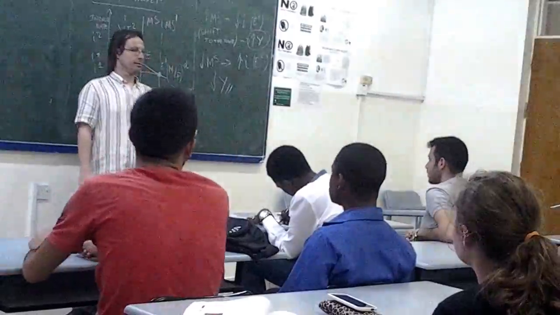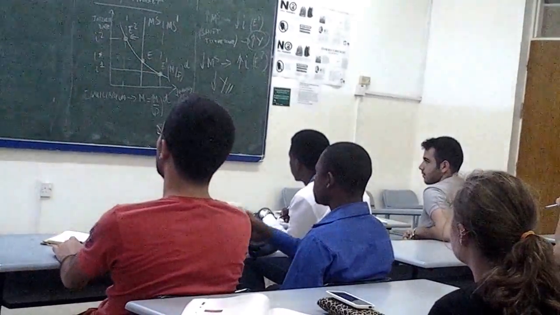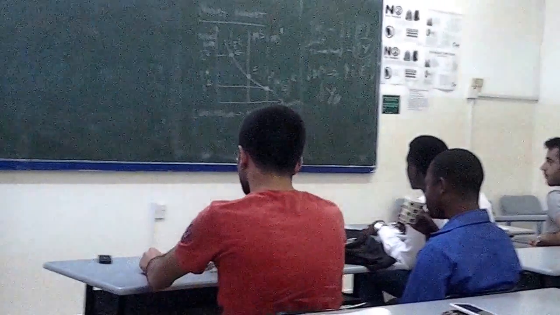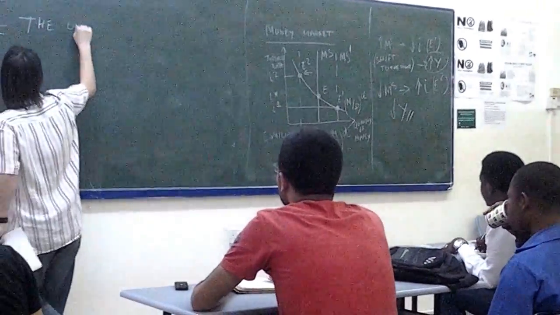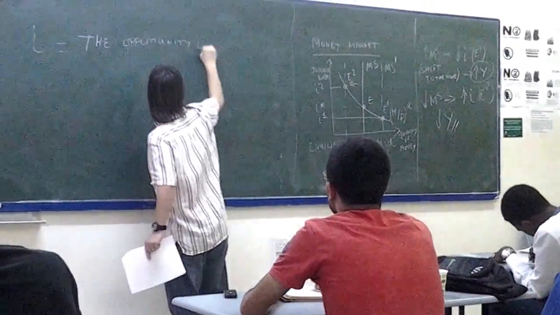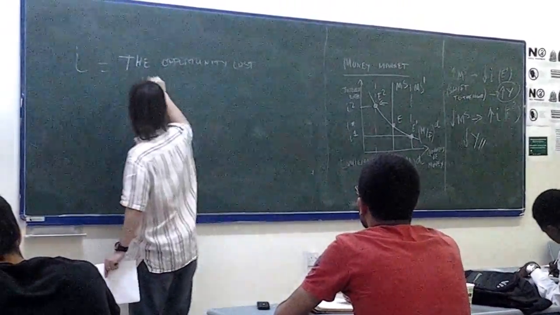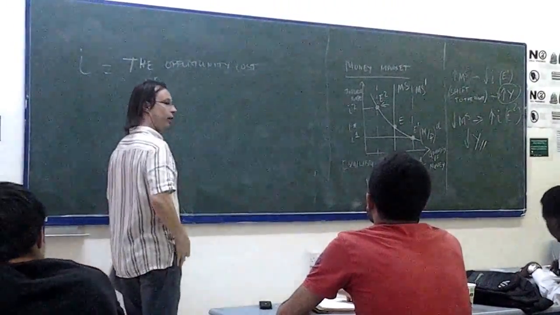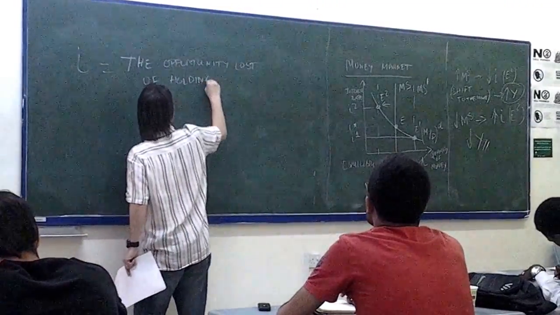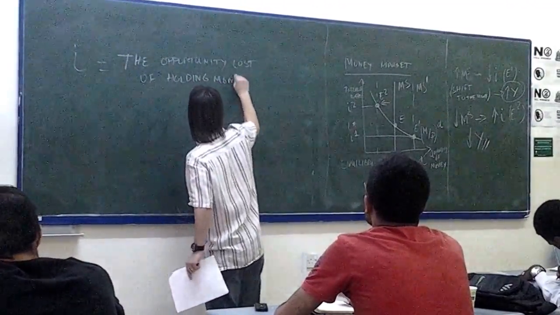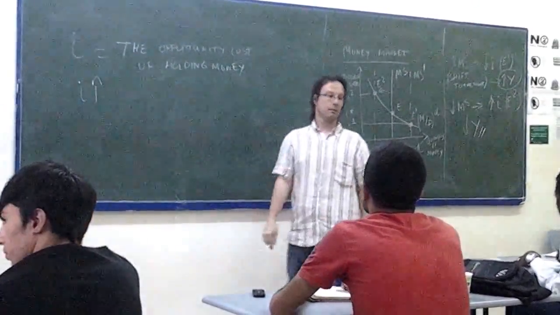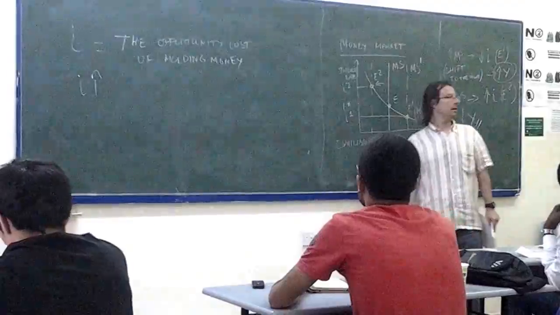When the interest rate is low, you will borrow money from the banks. The interest rate is the opportunity cost of holding money, the cost of borrowing. So if the interest rate is high,